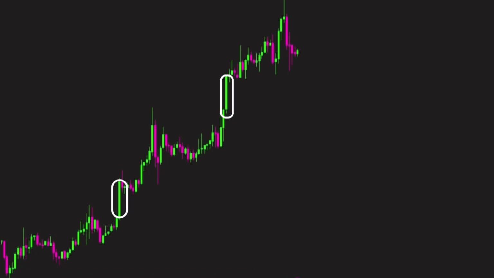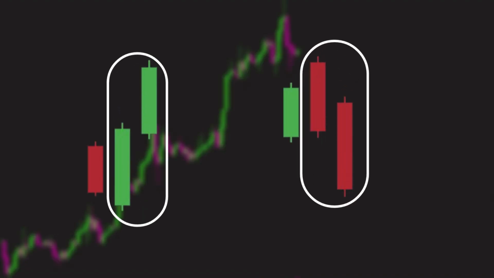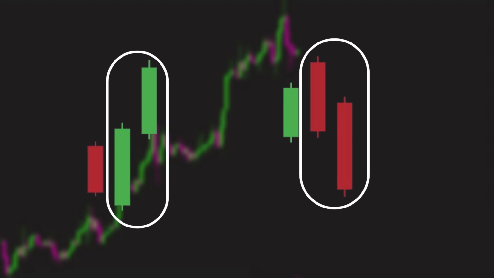The second confirmation is the formation of the imbalance candle after the break of structure. The imbalance candle is a candle which has a big body with small wicks. When the market makes an imbalance candle, it indicates that there were a lot of buy or sell orders being activated at that price. This candle is called the imbalance candle because after the formation of this candle, the market has become